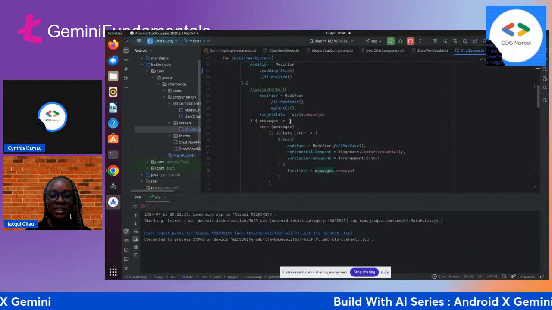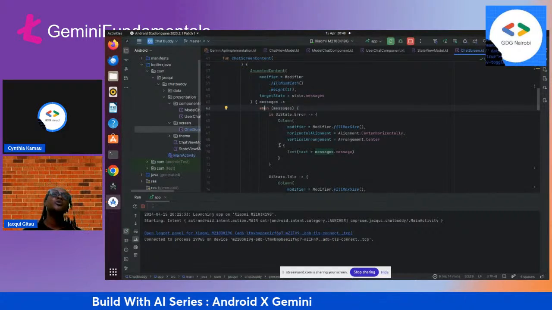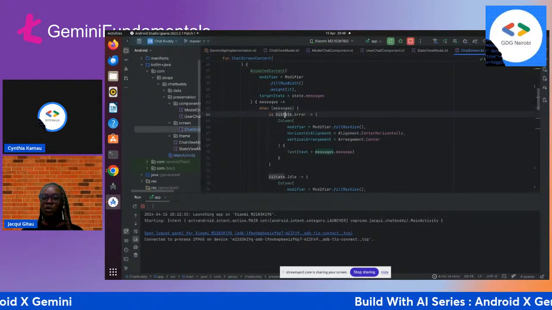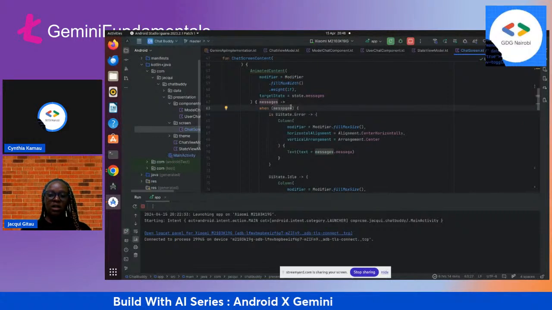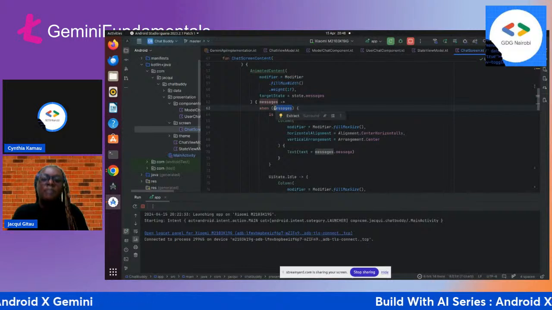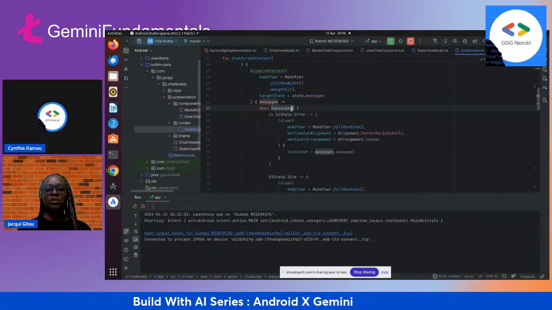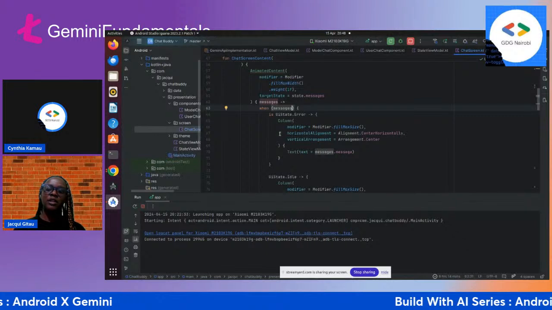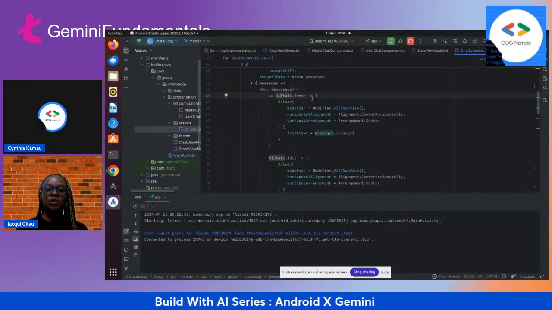Now inside this, I used a when statement, where we're going to check the states that we are going to encounter on our screen when you're interacting with the model. Inside it, I passed in the messages, the kind of states that you're going to have when you'd like to get some messages from the model. So the first state we're going to encounter,